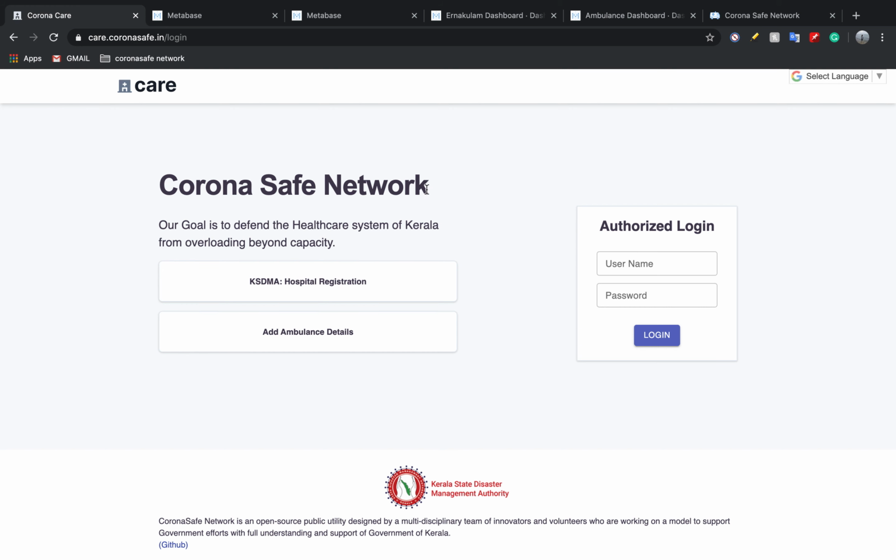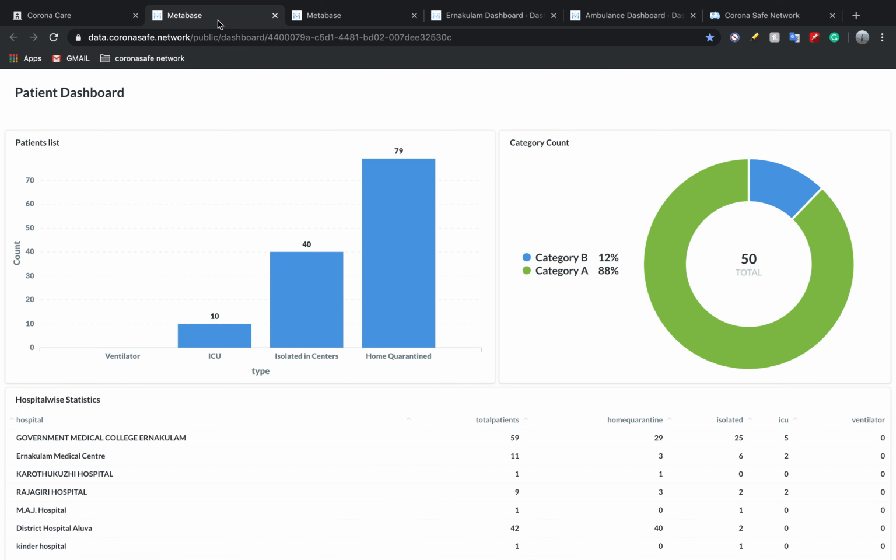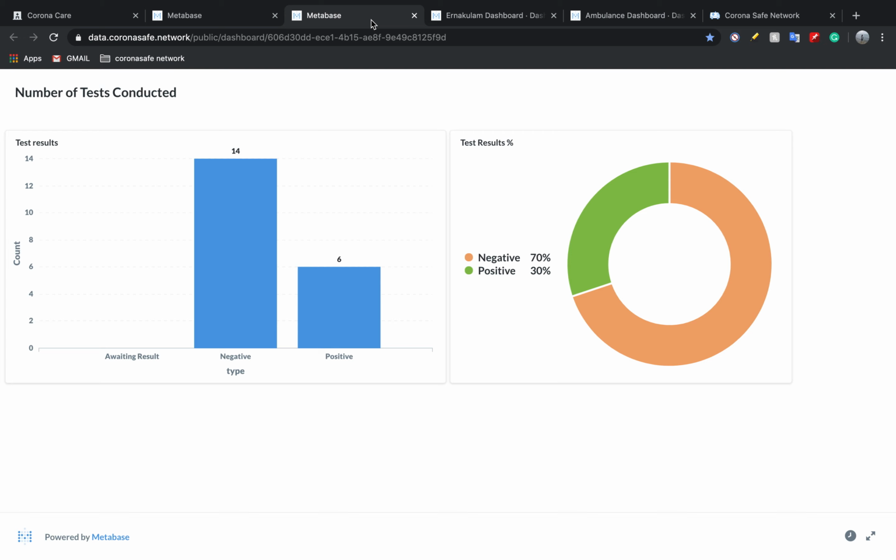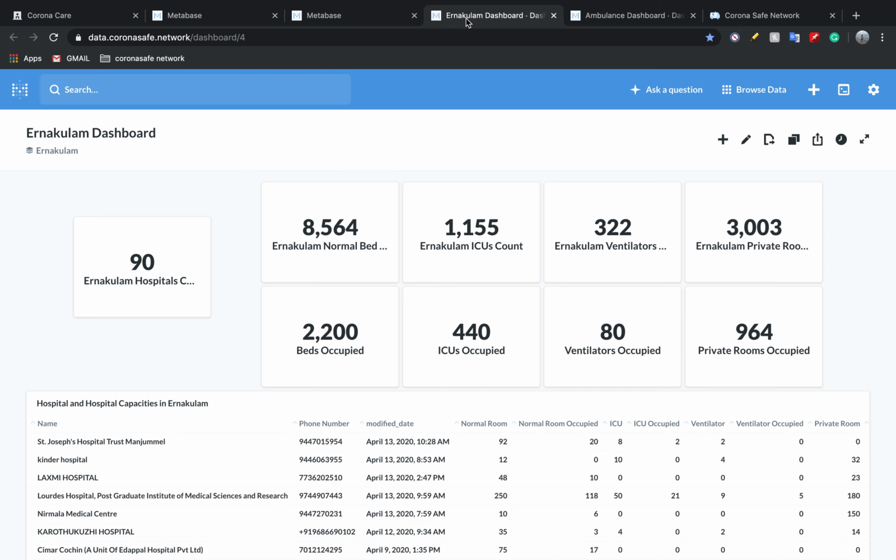So this is a unified system where we manage patients, testing, as well as different hospitals. All this data is reflected in different dashboards. This is a patient dashboard showing data of all patients across all hospitals. Similarly, this is a testing dashboard.